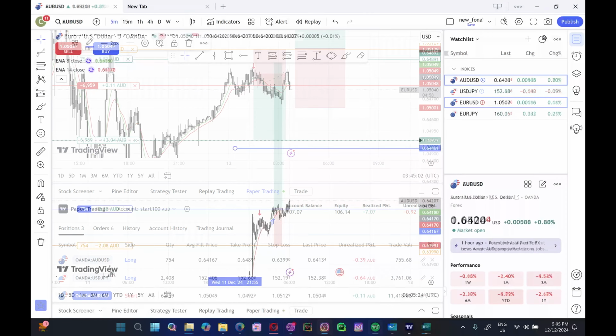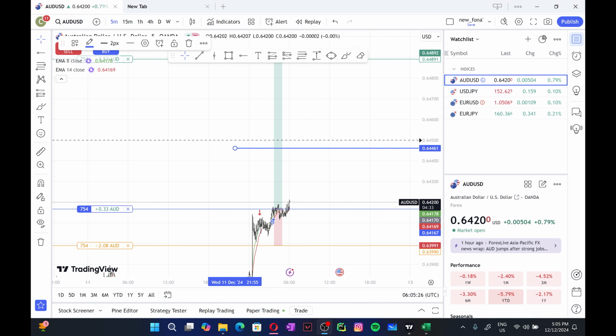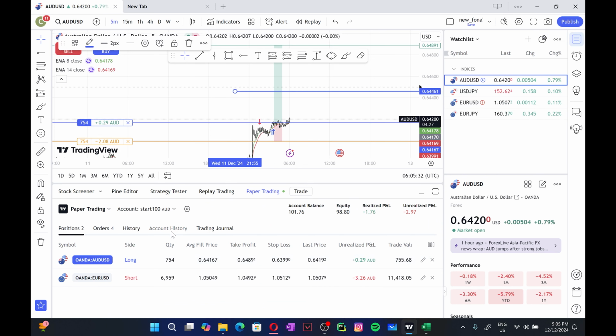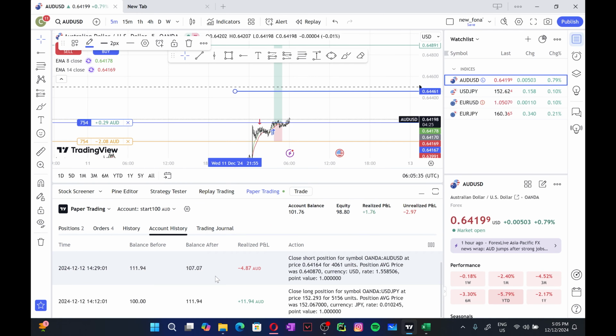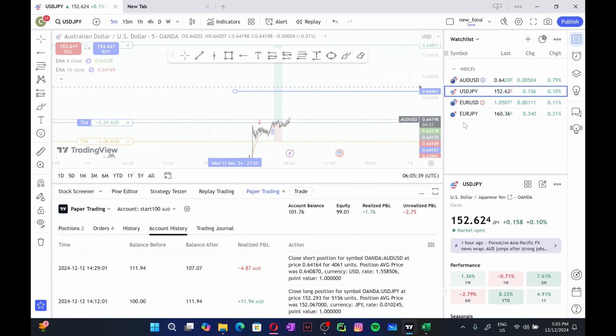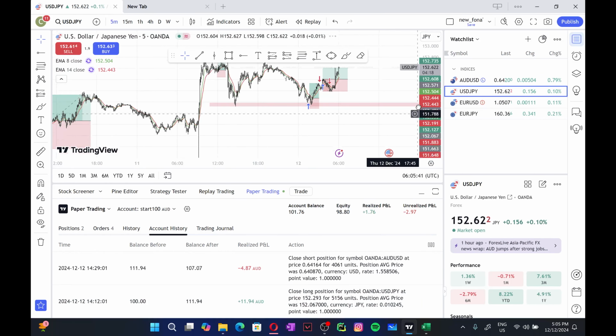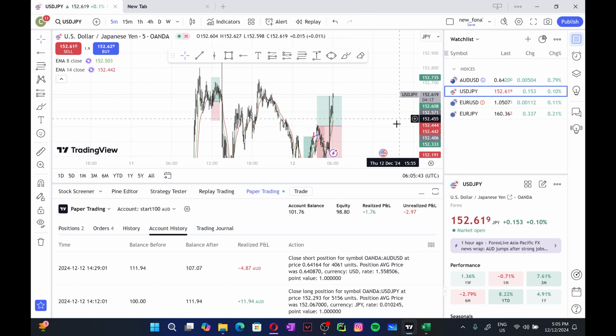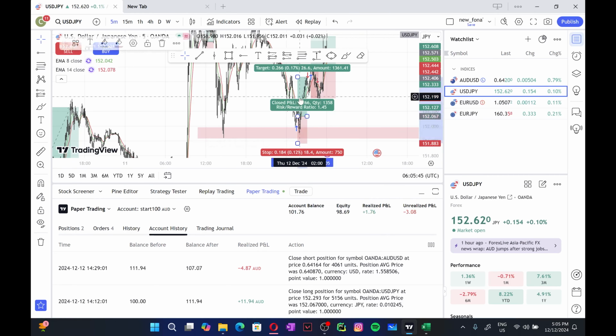So yeah. All right, so we have done a lot of trades, and this is the last one. So unfortunately, our other trade has also gone into a loss. So if you go into the account history, the first trade that we've taken in USD/JPY, that was this trade. This was nice. This turned out to be profitable.